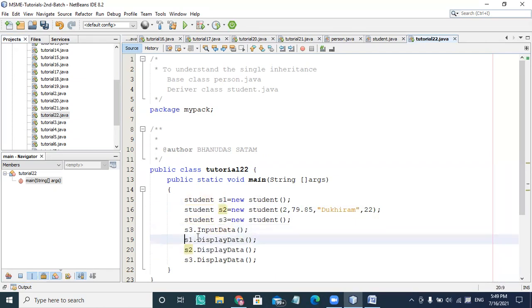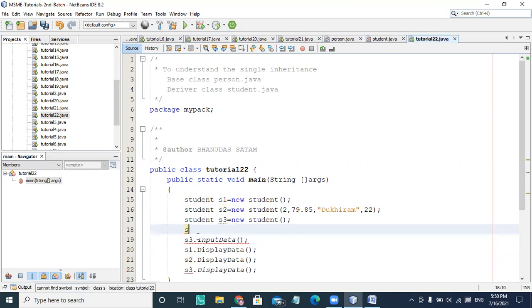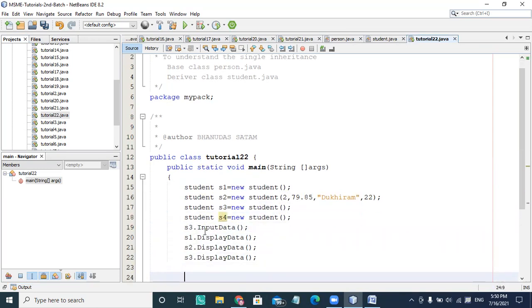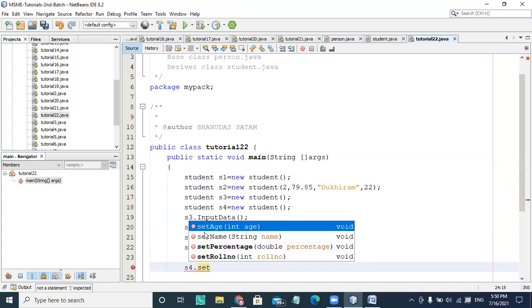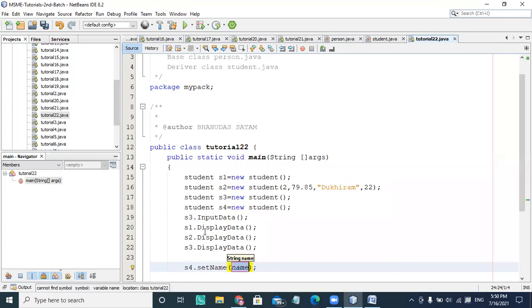If I create another object, Student s4 equal to new Student, this time I have decided to use properties for initialization. So I'm choosing s4 dot setName. I can use setName here even though this property is inherited from the base class.